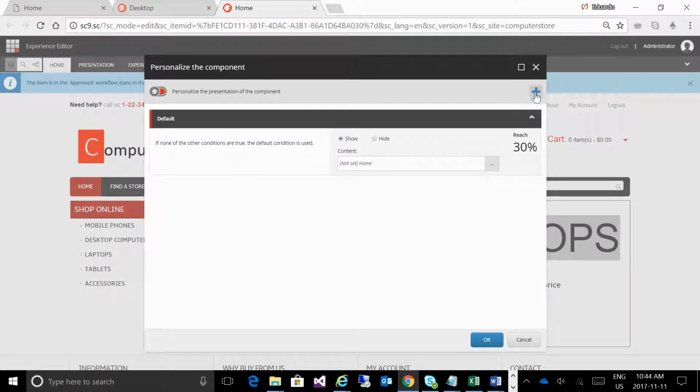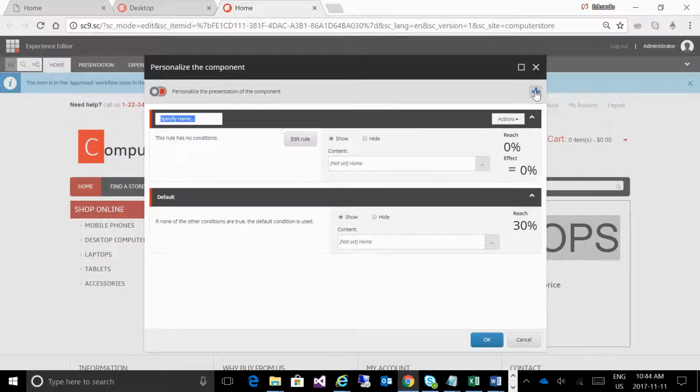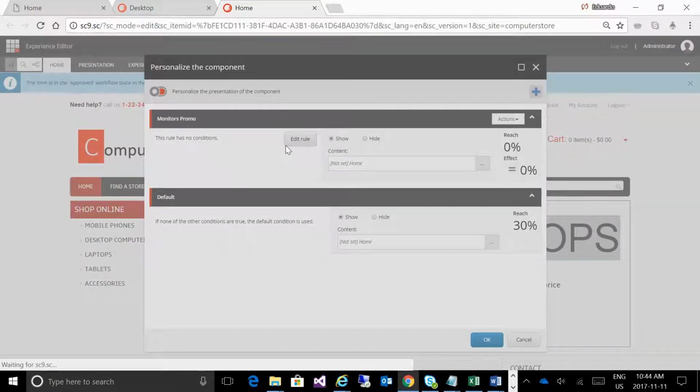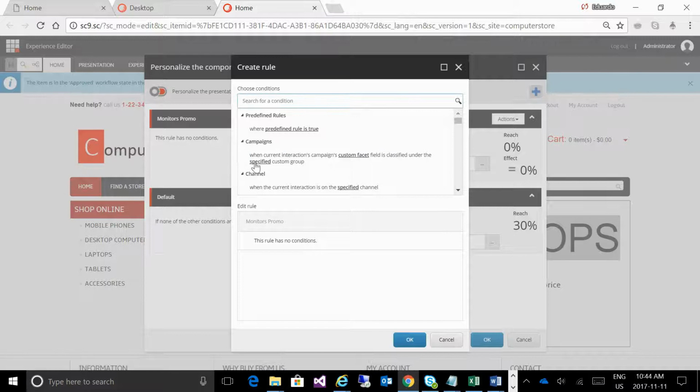Once we select or click this icon, we are able to add a new personalization by clicking the add icon on the top right side. So we will add a personalization rule, call it monitors promo, edit the rule,